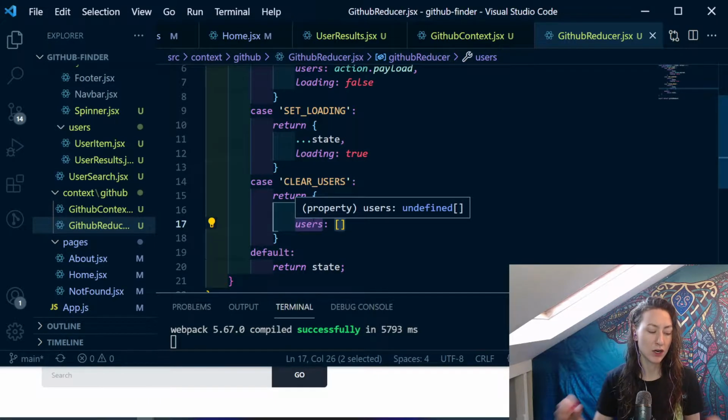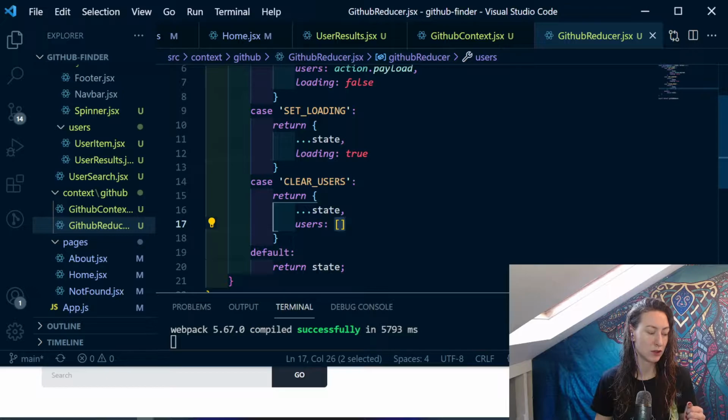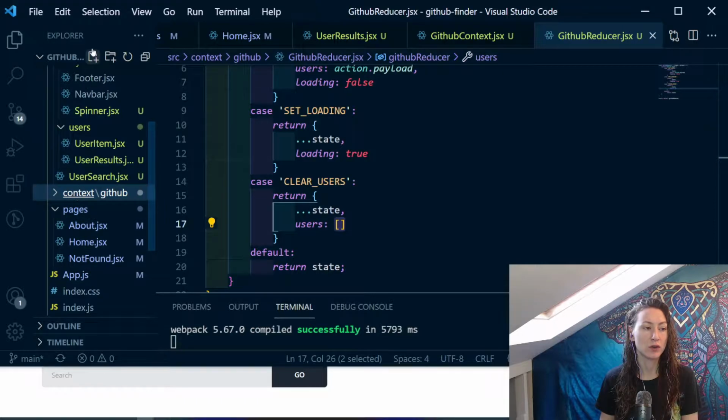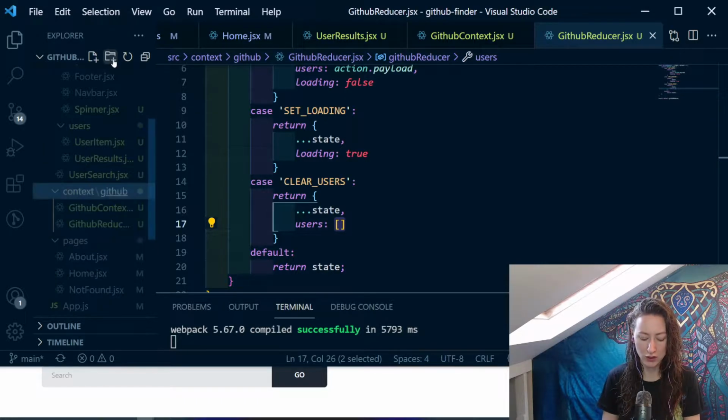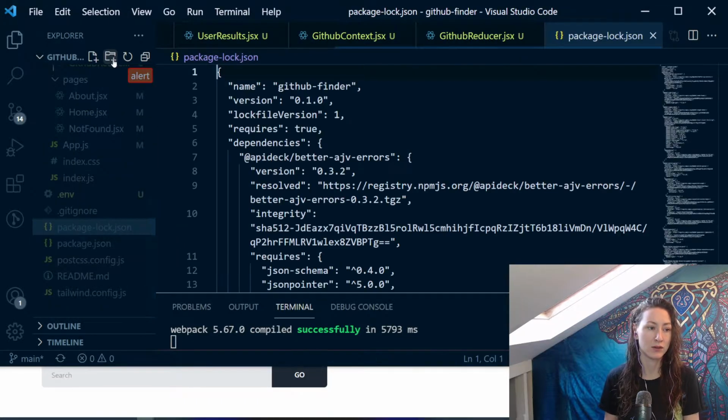Now we want an alert, and we're going to use multiple contexts here. So we're going to create an alert context just to show how you can have multiple contexts. So in here in our context folder, we're going to create a new folder called alert, and this will house,